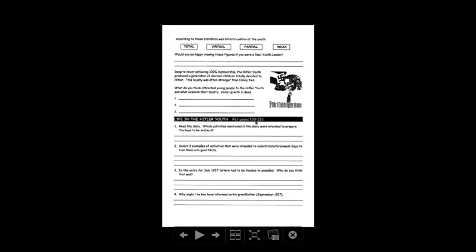I then want students to look at pages 130 to 133 and work their way through the 4 questions here, looking at life inside the Hitler Youth. The activities that students were undertaking, examples that to us looking back were obvious attempts to indoctrinate and brainwash boys. Why on earth letters had to be handed in unsealed, linking that back to the booklet that we've already studied on the police state, and why might the boy have informed on his own grandfather in 1937? And as students do question 4, I would urge them to go back to the quote at the start of the booklet on the oath that the Hitler Youth took.